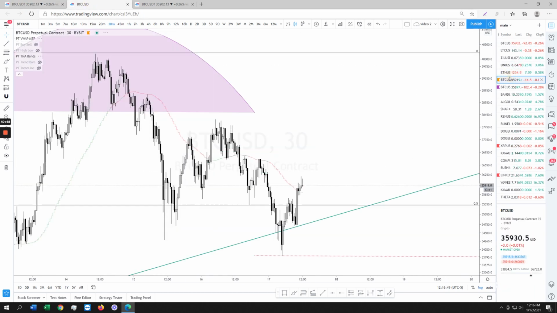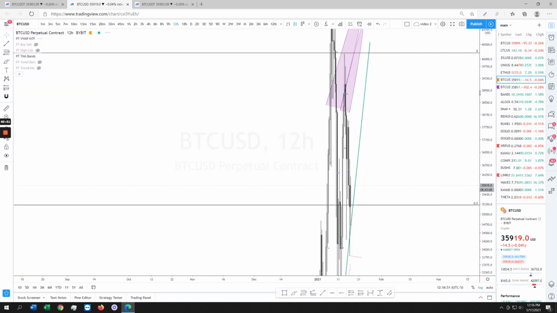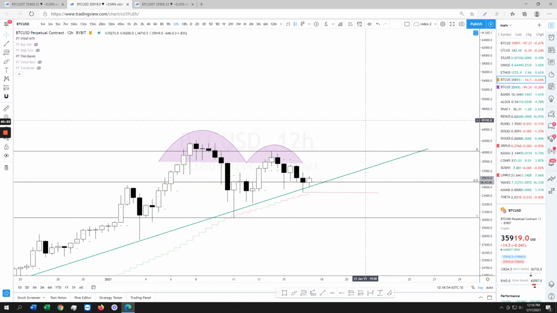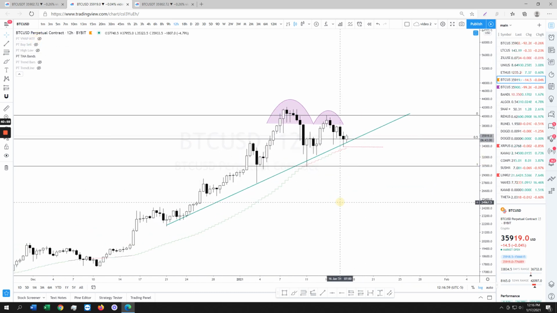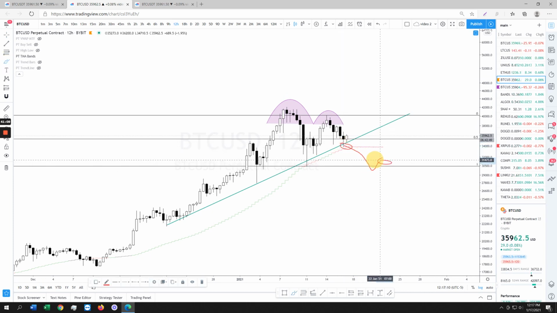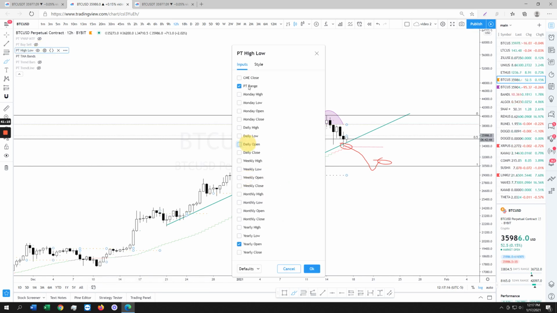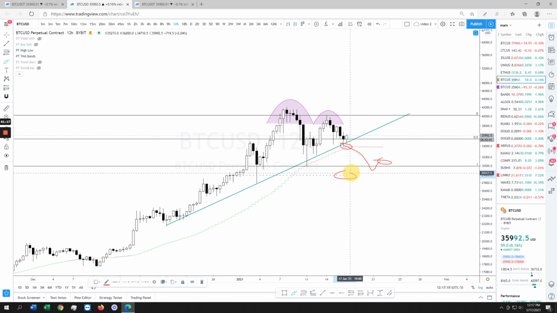Was it there? Yeah. On the higher time frame, if we lose this trend line, be very cautious. Right? Let me close this. That's the way. This is the only trend line you need from a higher time frame perspective. You do not want to lose this trend line. It's going to be terrible. If you lose red, which is this wick, just target the bottom, and also just open up your higher low and put your yearly open and target your yearly open down here. And then when you reclaim it again, long this, stop loss down here. But I'm going to pre-bid yearly open, guys. I don't see how it doesn't tap it.